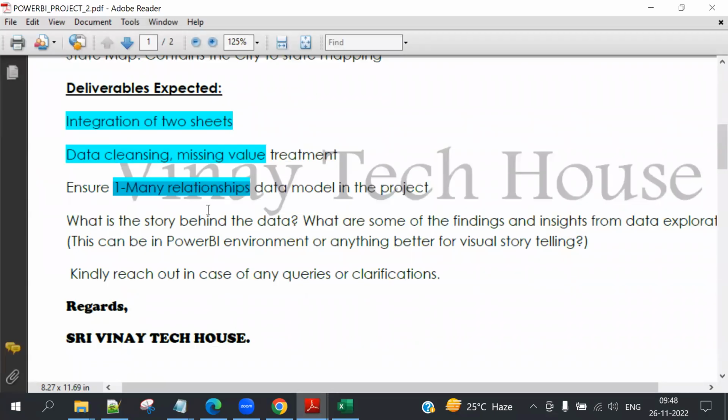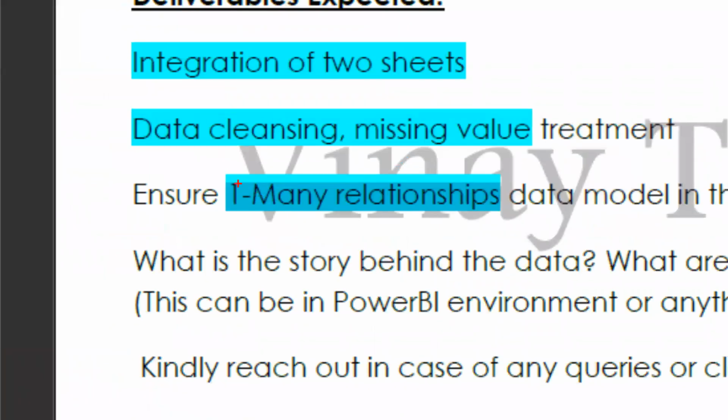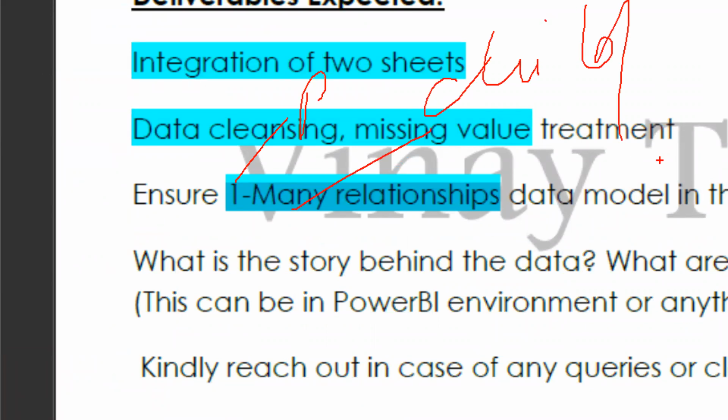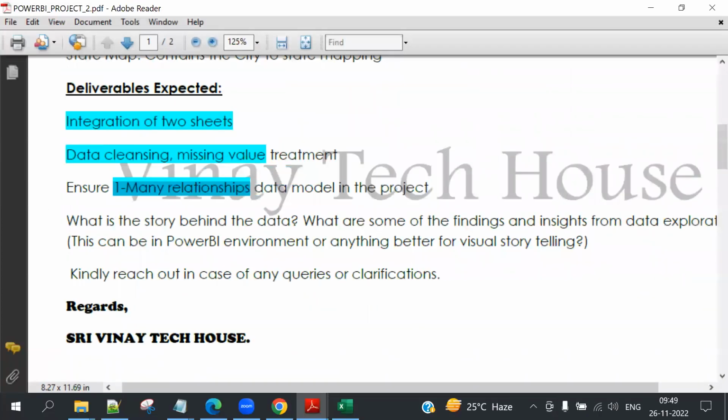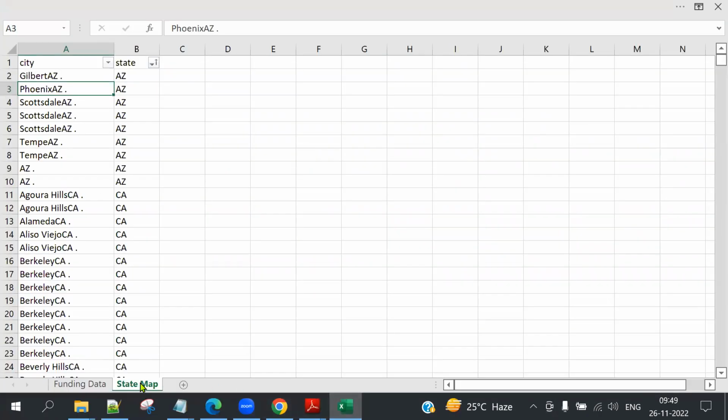You need to understand: 1 means parent, many means child. Then which one is parent and which one is child? State is the parent. Why? State map, state leader.